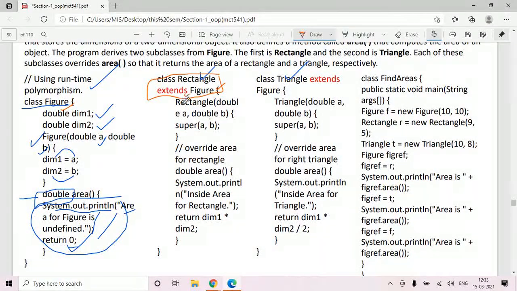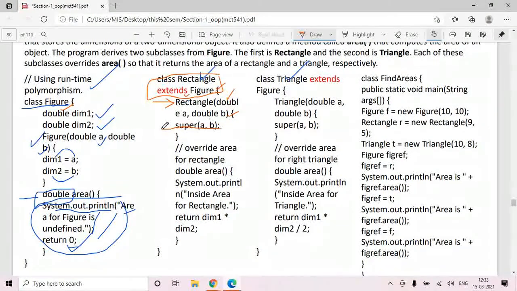Now inside rectangle class, we have a rectangle constructor which accepts two arguments from a user, and calls super(a, b). So this line will give a call to parent class constructor.